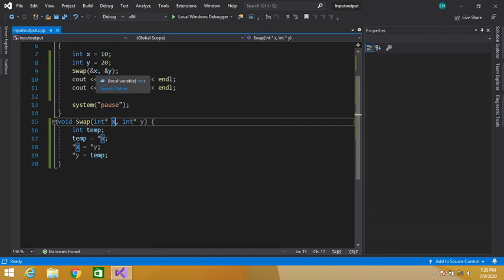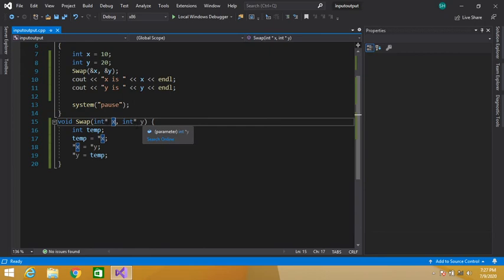So here the address of this x is passed, because we are using the address operator ampersand, and the address of the y variable is passed here. As we know, a pointer holds the memory address of a variable, so we have passed the memory address of the x variable, and we have passed the memory address of the y variable.